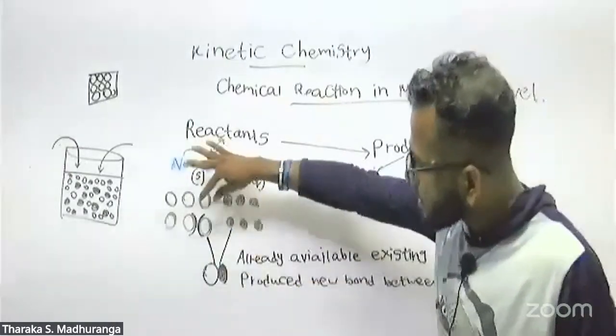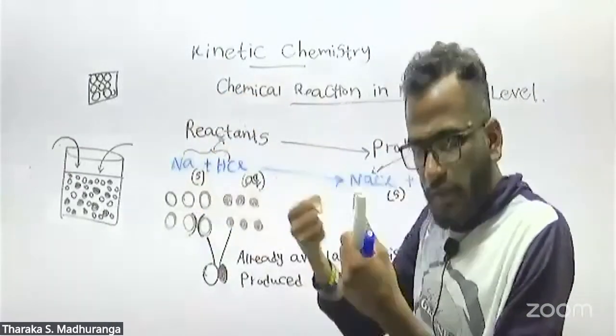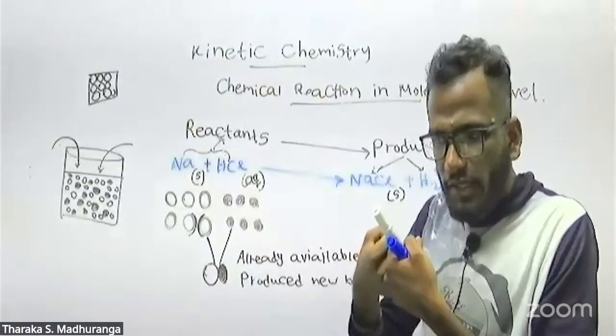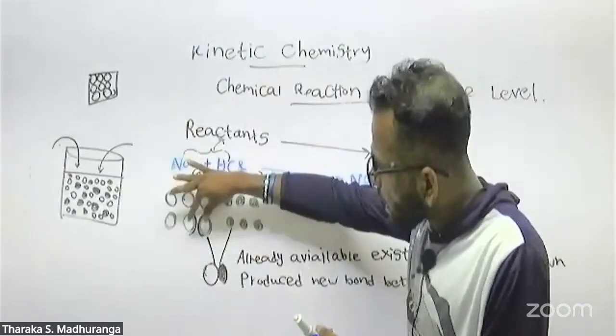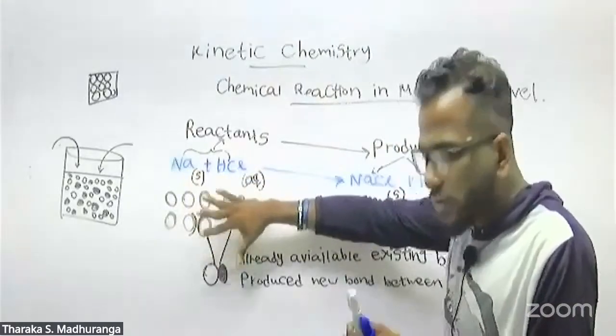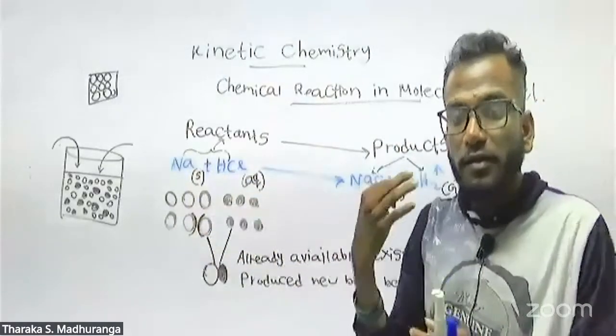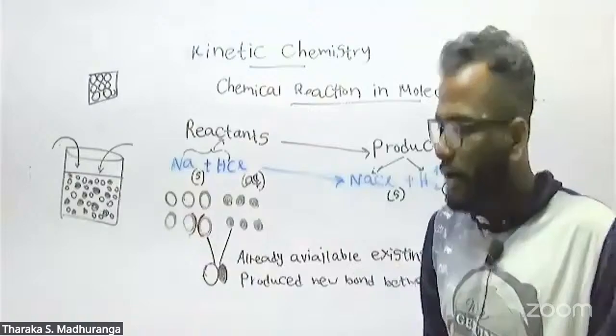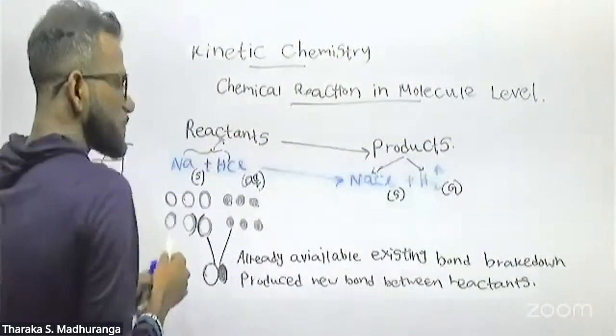After these two molecules collide with each other, the already available bonds break down and produce new bonds. They should complete three main requirements. Okay, the first one is